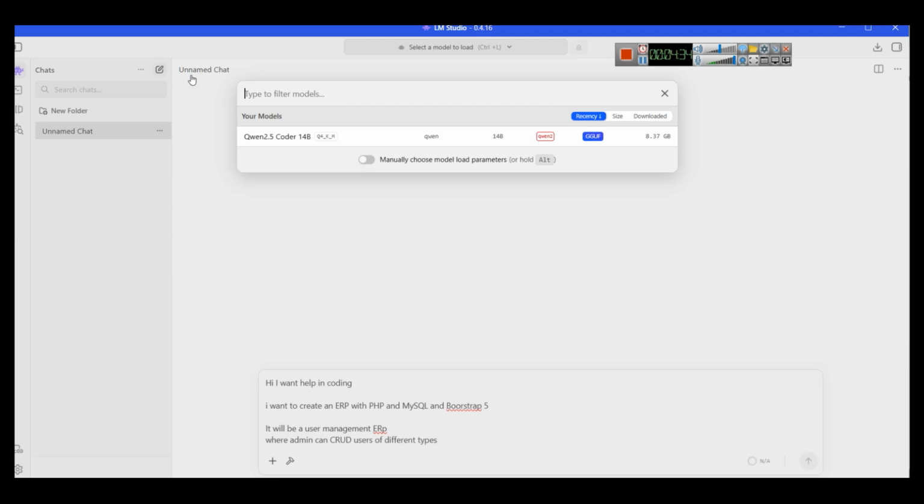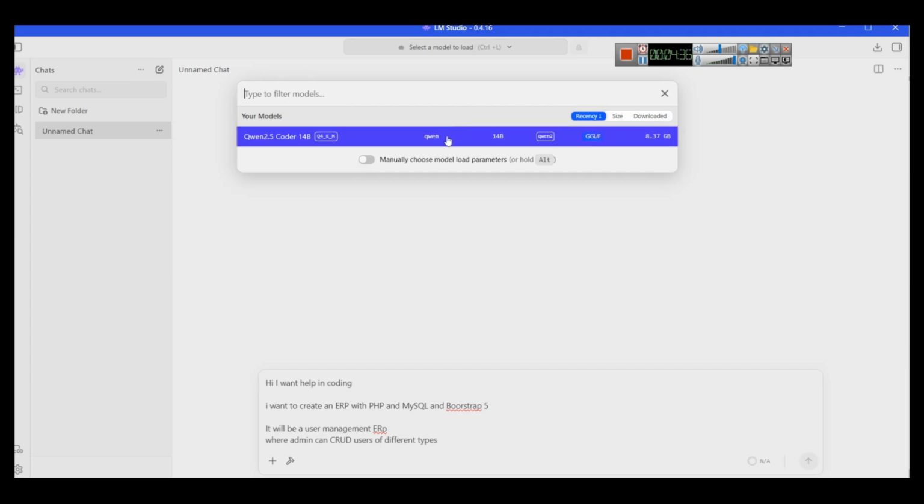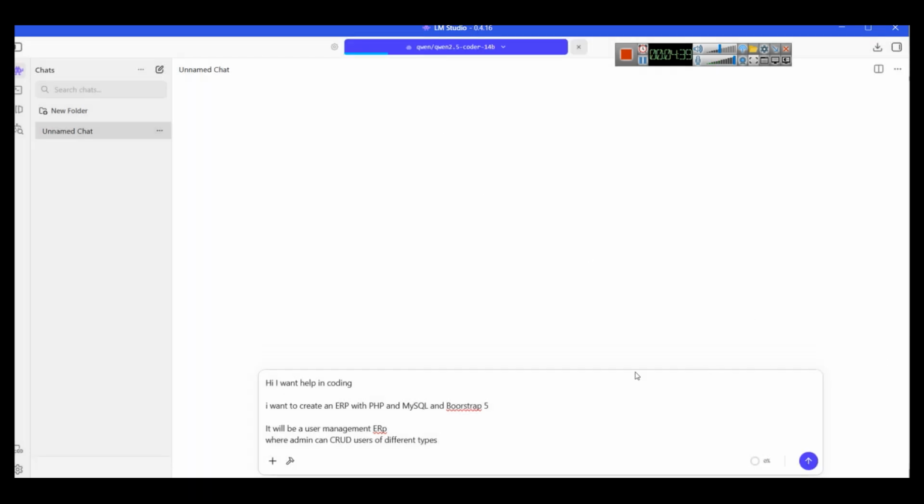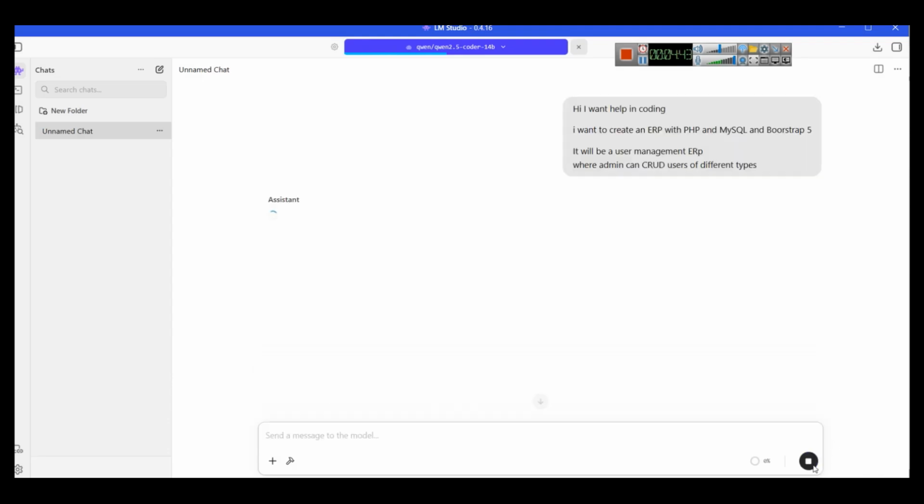So this is the LM Studio setup where we have selected this model. Now you can see I have selected this model, and even if I am not connected to the internet, sometimes you have a very sensitive file and you cannot upload it to ChatGPT, and you want to work locally. So you can download LM Studio,